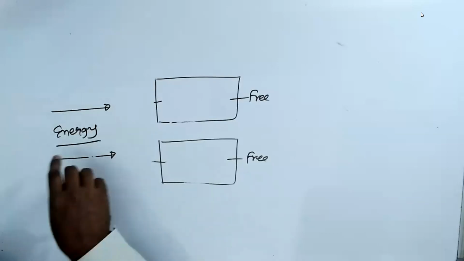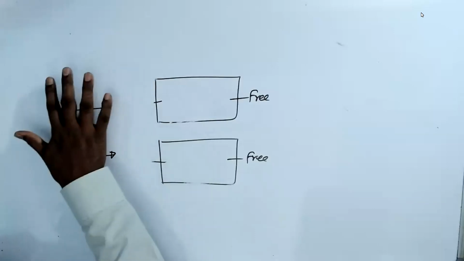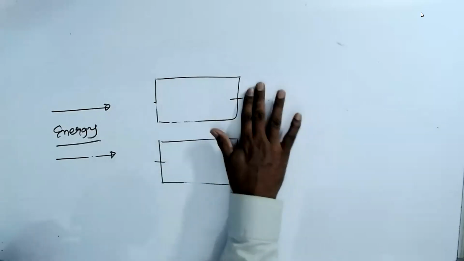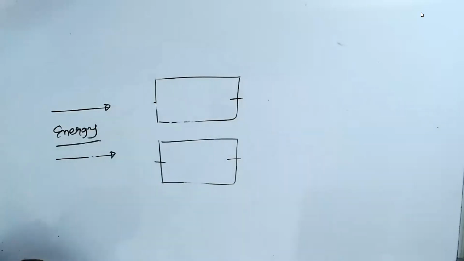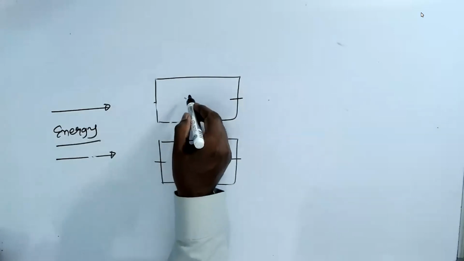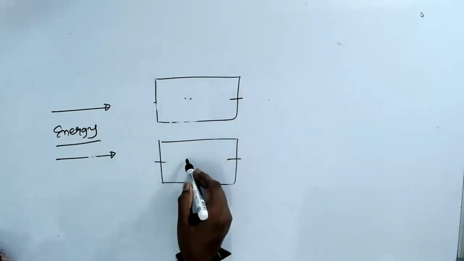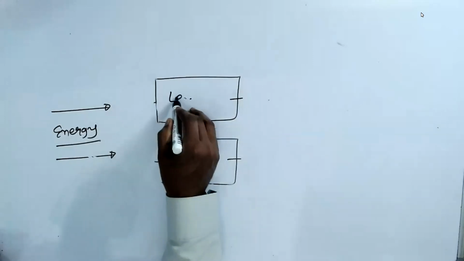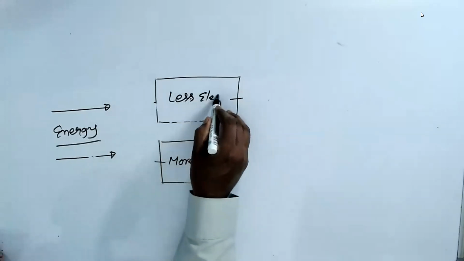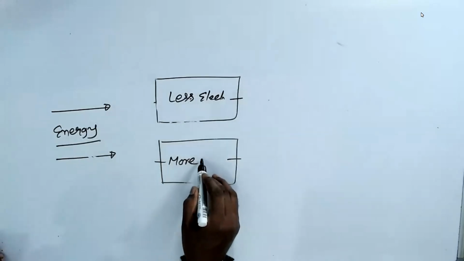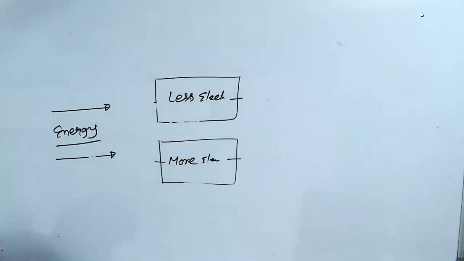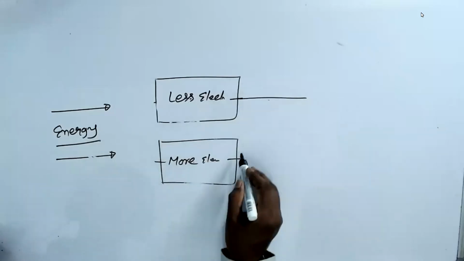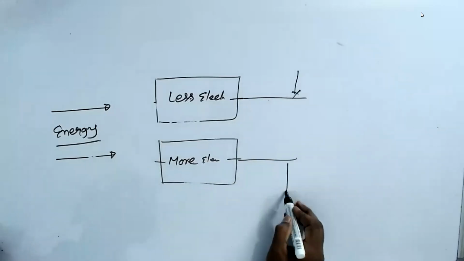We give an energy from outside. If you don't give this energy, nothing will happen. That means that the difference here will be 0. By giving an energy, we remove the electron from one and we add the electron in the other one. That means this guy has more electrons, this guy has fewer electrons. That's a trick. So the moment you make a difference, we produce electricity. This is what is called generation.